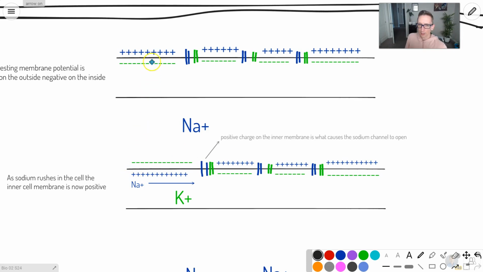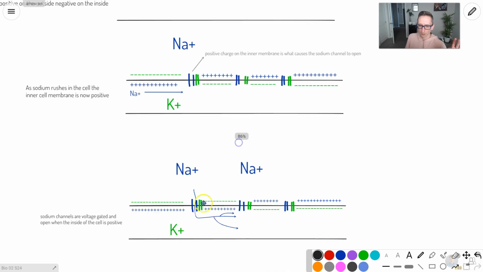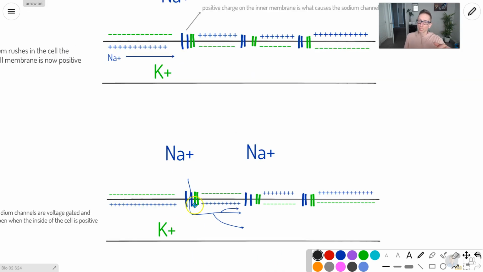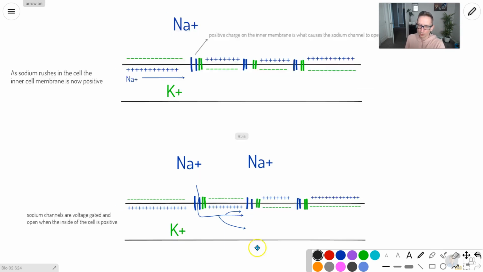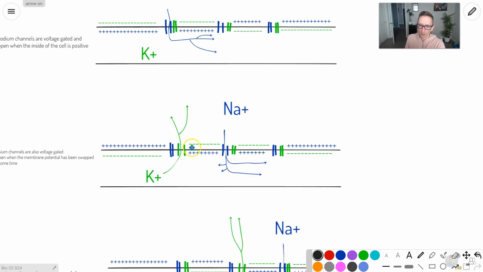Okay? So with the charge, you can just think of this as the charge. The charge flips when sodium's out, a bunch of sodium's on the inside. That opens up more sodium channels, which is then going to cause the charge to propagate down the neuron. So now it's positive here, which opens up more sodium channels, right? And now it's positive even further, which is going to open up this sodium channel. And as we get that kind